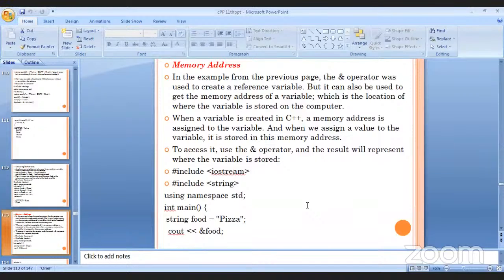When a variable is created in C++, a memory address is assigned to the variable, and when we assign a value to the variable, it is stored in this memory address. To access it, use the & operator, and the result will represent where the variable is stored. For example, #include <iostream>, #include <string>, using namespace std; int main() { string food = "Pizza"; cout << &food;